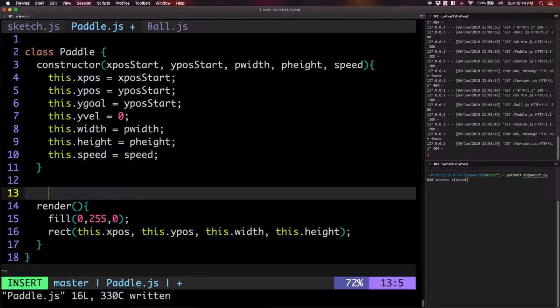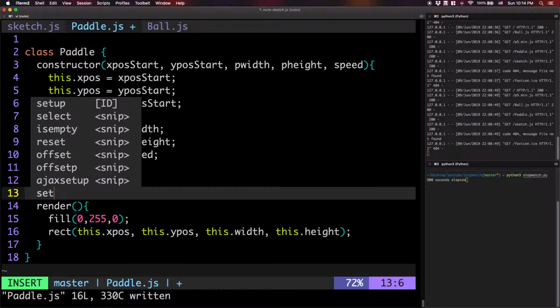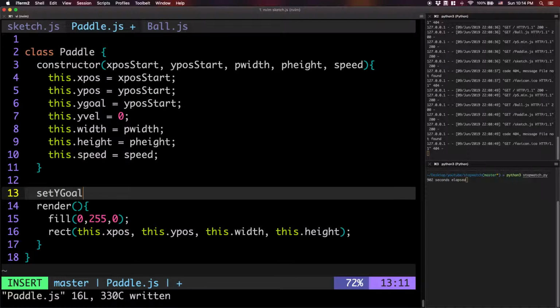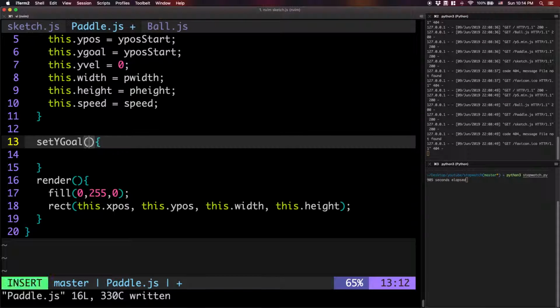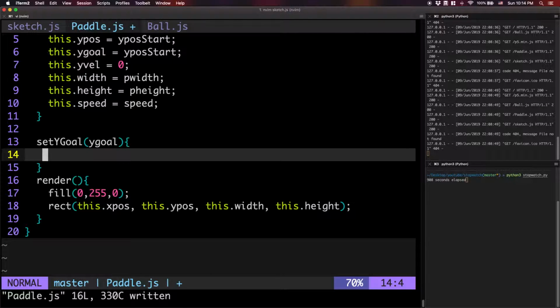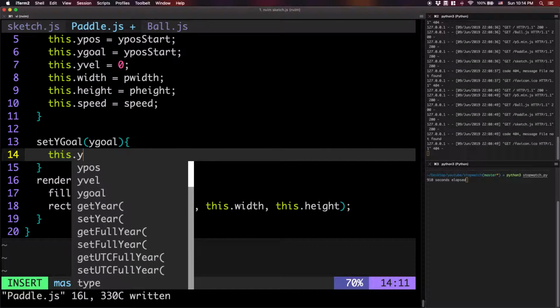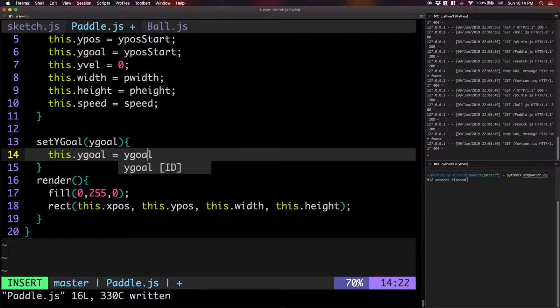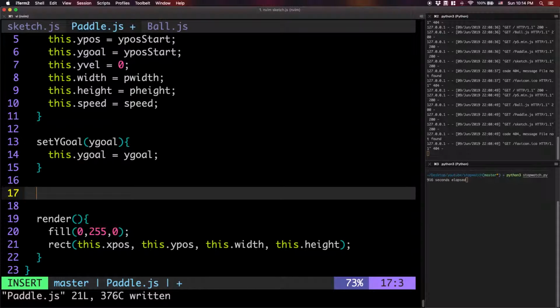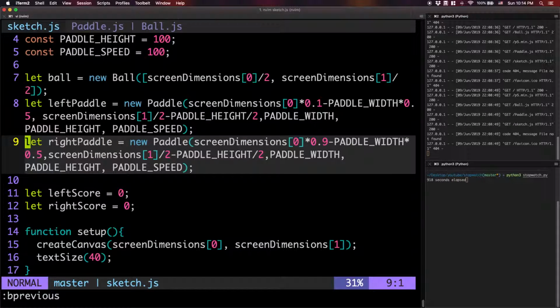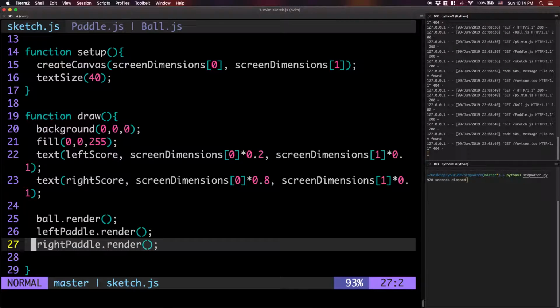And then I guess we need two real functions. We need set y goal, which should take in a y goal and just pretty simple stuff. Set this.y goal equal to y goal. And so the user and the, actually, yeah, now let me take care of that. So the user,